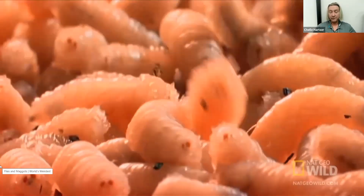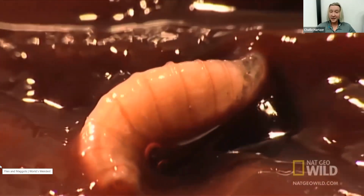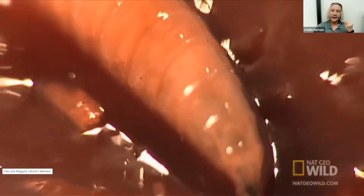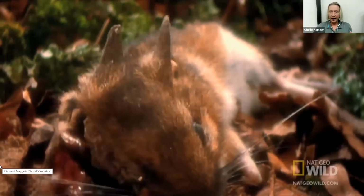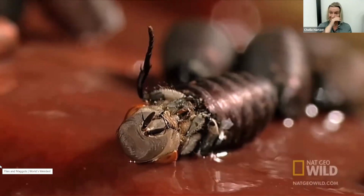We have larvae. We have maggots. And they're going to sit in there. And you notice again that wetness, that moisture. They need something. Flies are always going to be in something moist. They're never going to be in a perfectly dry area. And you can see, obviously this is time lapse, how much damage they can do when there's a lot